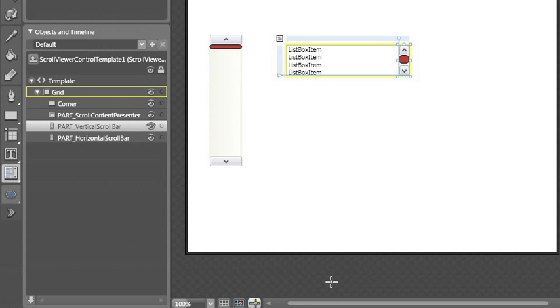So in effect, the list box, which is a combination of a border and a scroll viewer, the scroll viewer is a combination of a couple rectangles, a canvas, and a couple scroll bars. I can go all the way down into that, modify one of the pieces, and come all the way back out. And obviously, this connection to the resource is live, so as I scope back up to my main window,